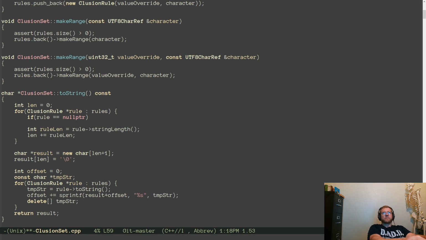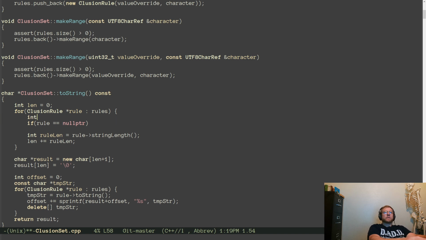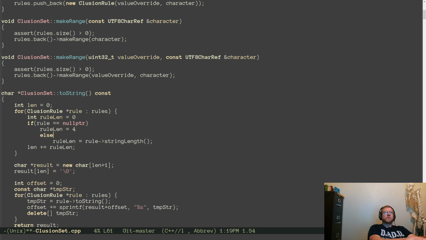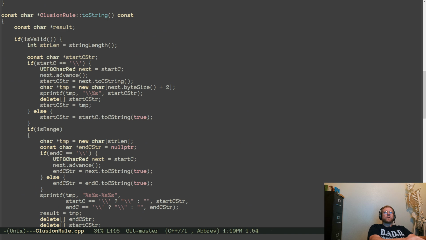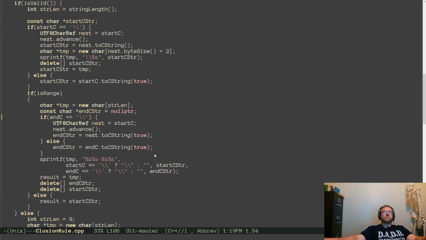And then second, string length, I don't think we add the empty.